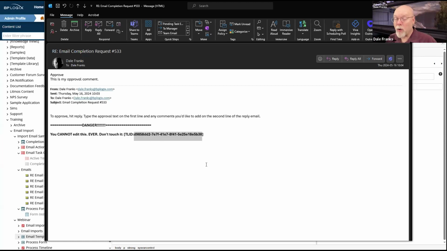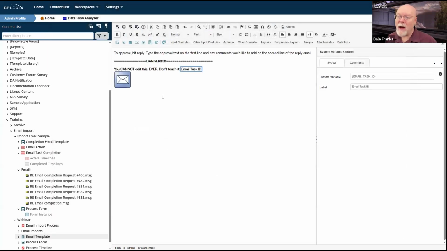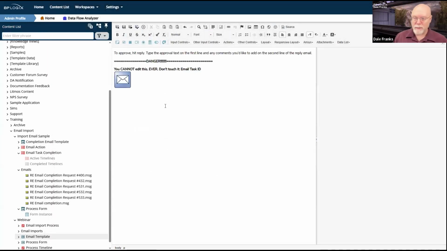And so it grabs it out of the email. And it does that by literally reading the email character by character until it gets to here, which tells it, I have something special I have to do. I've got to grab all of this stuff here and do stuff with it. So that's why this is important. So I do need to have that in my email. Without it, none of this works.